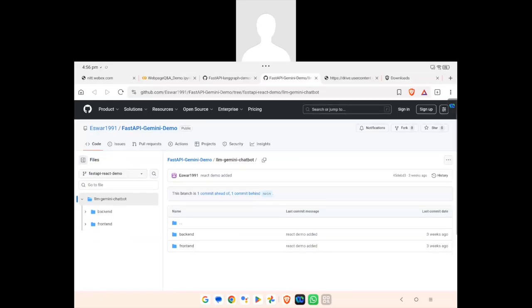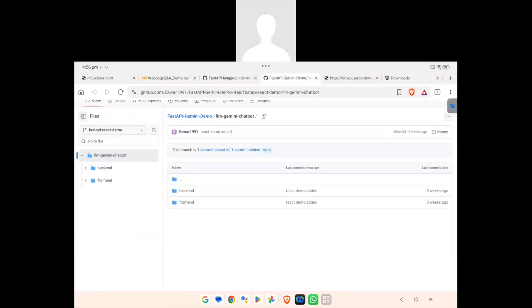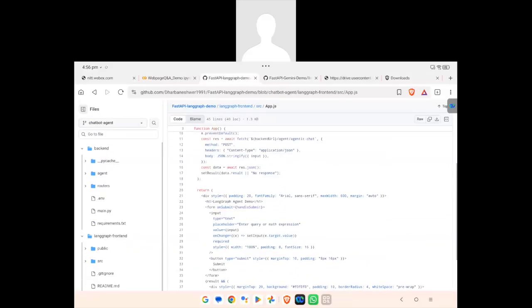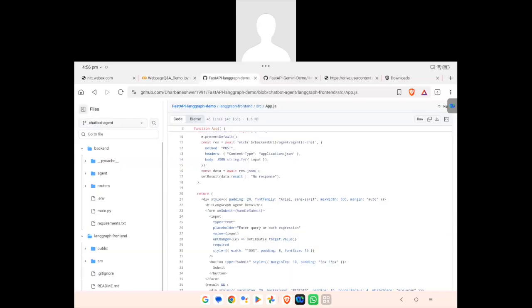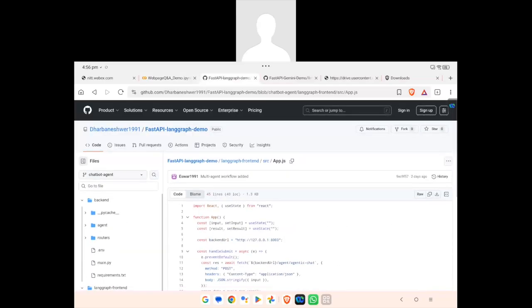Also, this is a Gemini demo. You can try this also. I have the GitHub link included in the presentation. This is a basic chatbot. This is an agentic one. So I suggest you go through the code, run it, understand it, and you can ask me any questions. In the hands-on, we have covered prompt engineering versus RAG using web page Q&A, and then we used React and the Gemini API to build an agent. This is for the RAG and prompt engineering web page Q&A. This is the LangGraph based solution. Please try both of them.